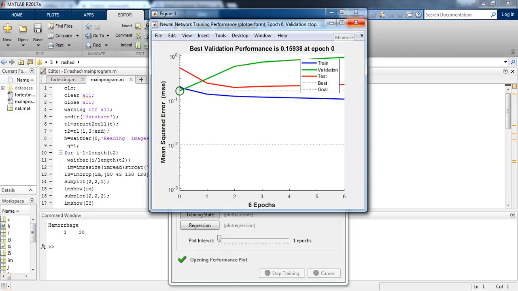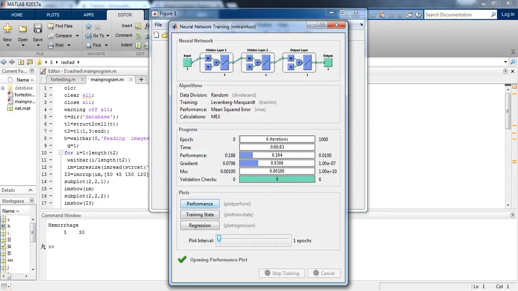Now we can see that the best validation performance is 0.15938 at epoch 0. Here is the best performance. Now let's plot the training state.